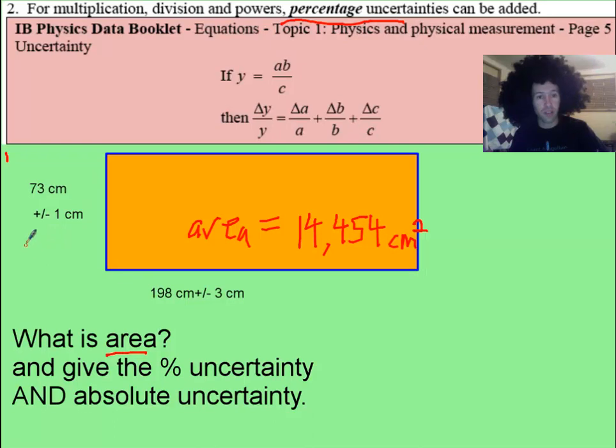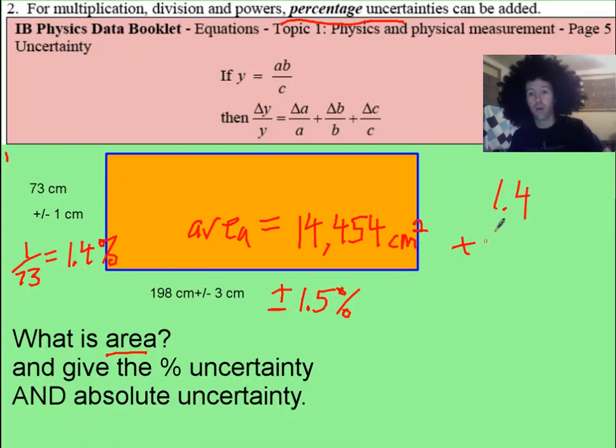But you have to realize that 1 out of 73 centimeters is going to equal about, I got 1.4% uncertainty. And this value, 3 over 198, is going to be a 1.5% uncertainty. So you add 1.4 plus the 1.5, and you're going to get about 3%